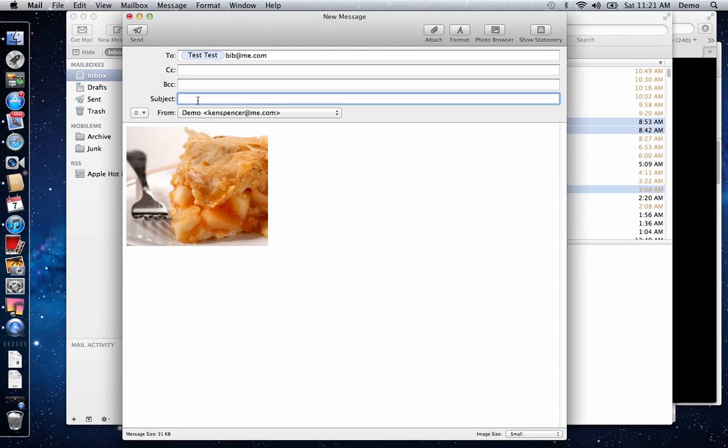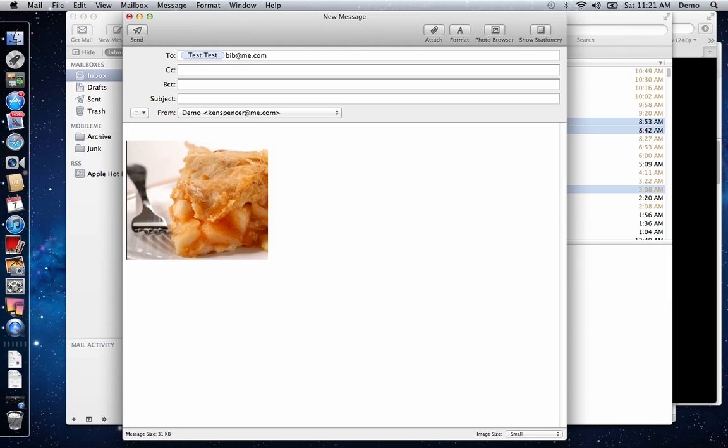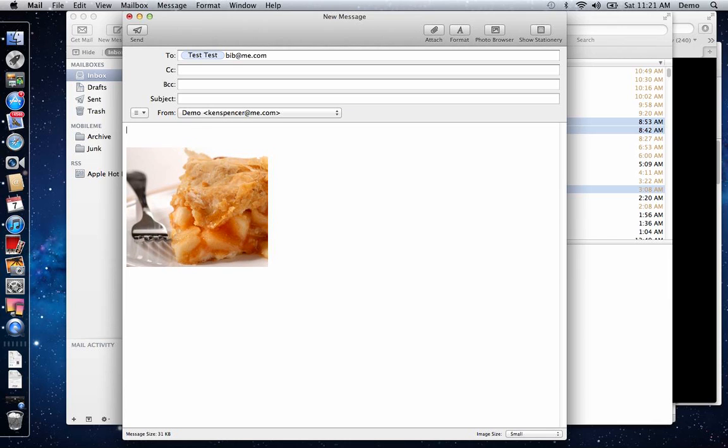Now, across the top here, format would be the way to format the text, which we could spend hours on, but we'll just do